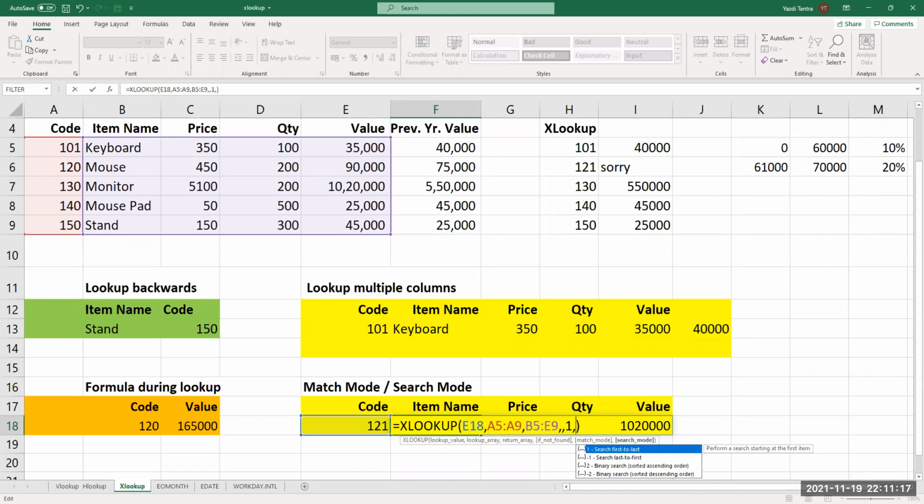So this is again another tip, you can search from first to last, or last to first. In this case, of course, we have all unique numbers, so there is no difference. But if there are multiple codes, for example, this code 101 is repeated, and you want to say that this is date wise or something, then automatically it will search from bottom to top.